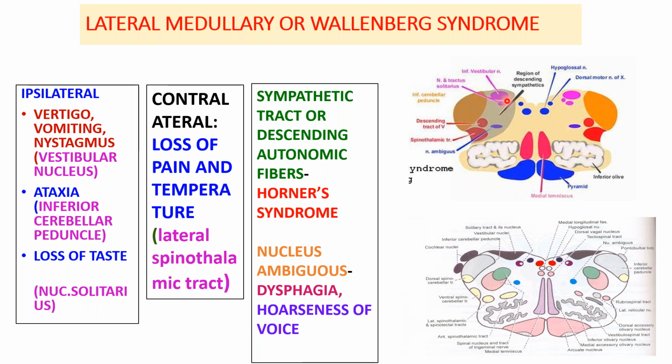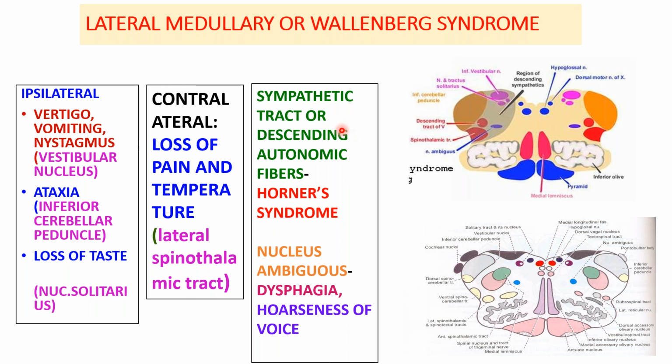Then nucleus of tractus solitarius. Because of that, what will happen? This was carrying the taste sensation. So loss of taste sensation. The patient will come with loss of taste sensation. Then a very important thing was the central control, the lateral spinothalamic tract. So loss of pain and temperature because of the involvement of the lateral spinothalamic tract. This over here was the lateral spinothalamic tract. So the loss of pain and temperature on the opposite side of the body. So contralateral loss of pain and temperature the patient will present with.